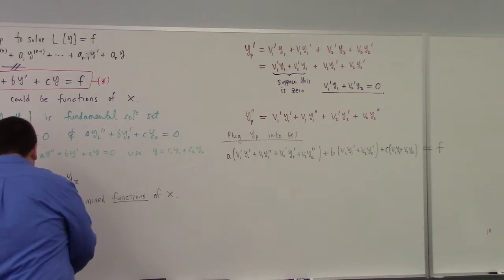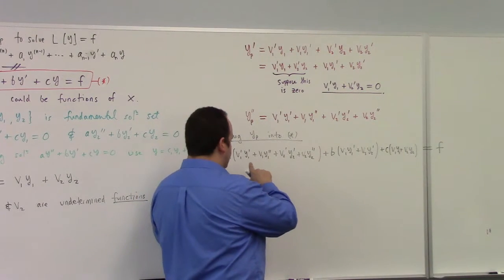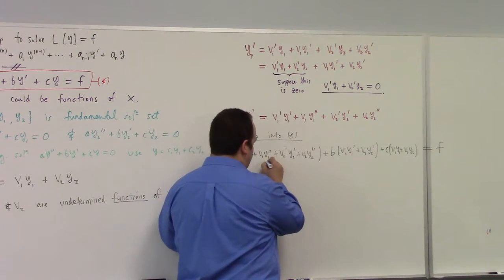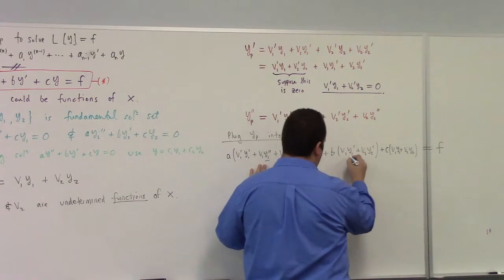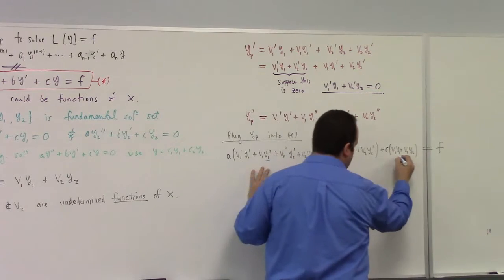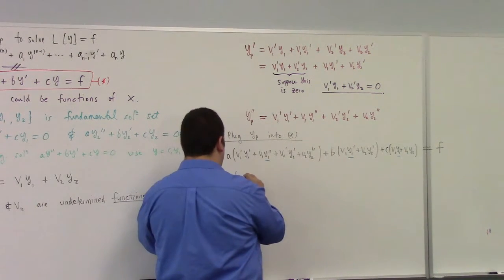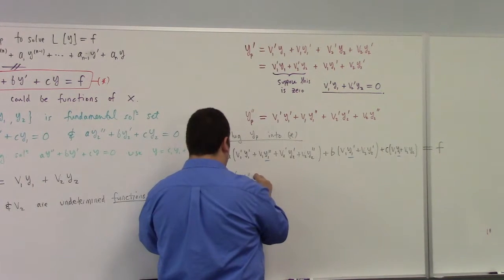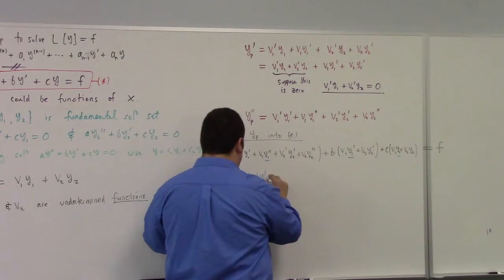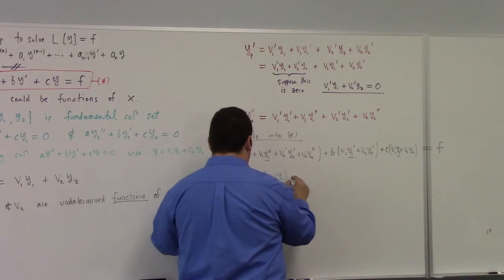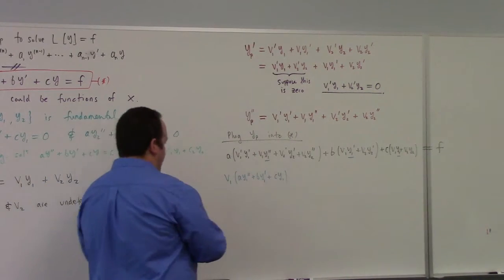So now you just have to look at some stuff here, notice some things in common. I'm going to collect this term together, pulling the v1 out front. That's v1 times a y1 prime prime plus b y1 prime plus c y1. And then